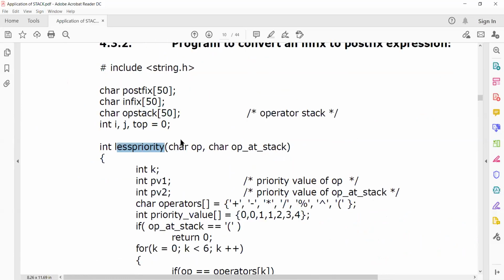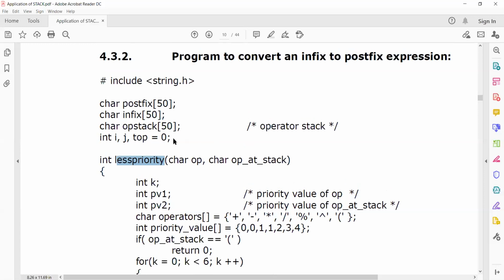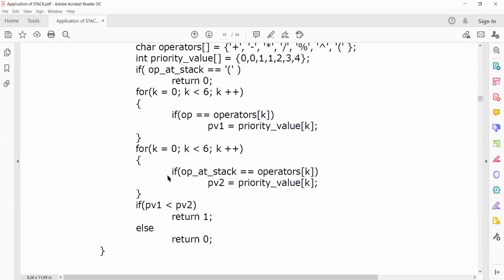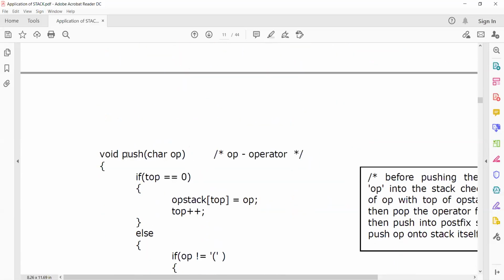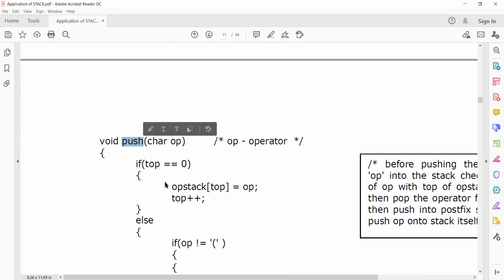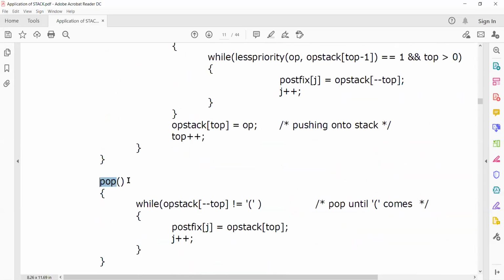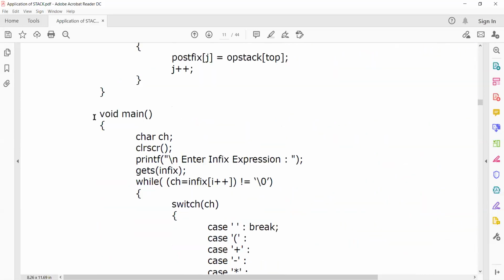Let me give the functions available in this program. We have one function for less priority, then the push function, then the pop function, then the main function.